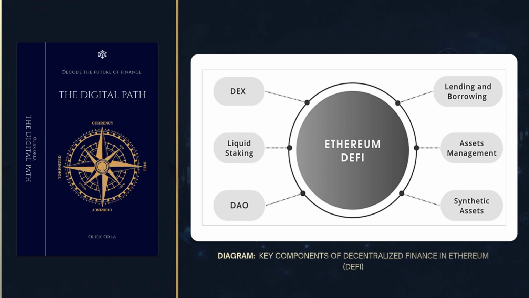On top of Ethereum, a fully functional financial infrastructure has formed, one that allows users to take out loans without banks, exchange assets without centralized exchanges, earn yield on liquidity without traditional intermediaries, and invest directly in digital